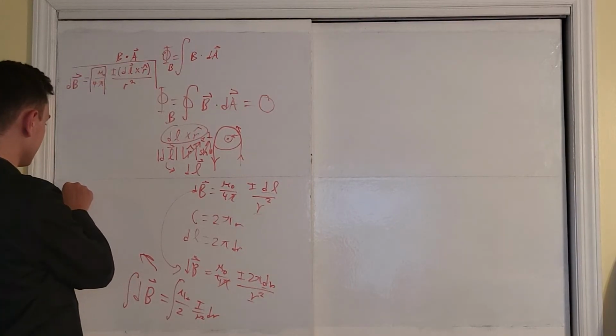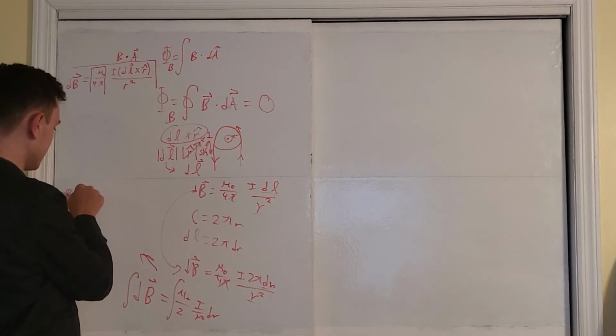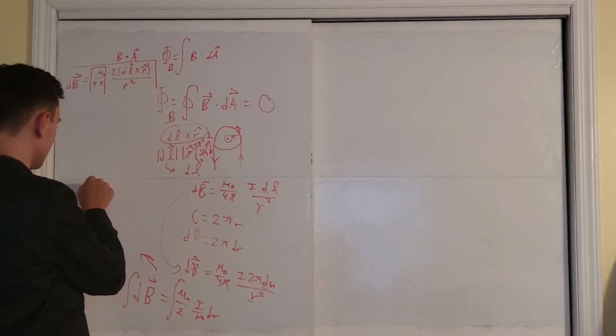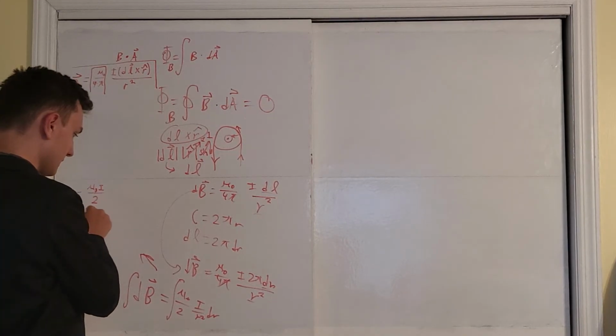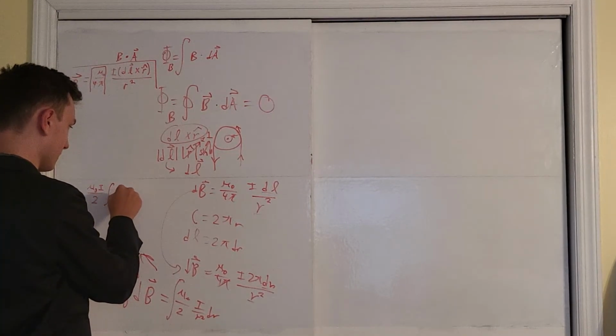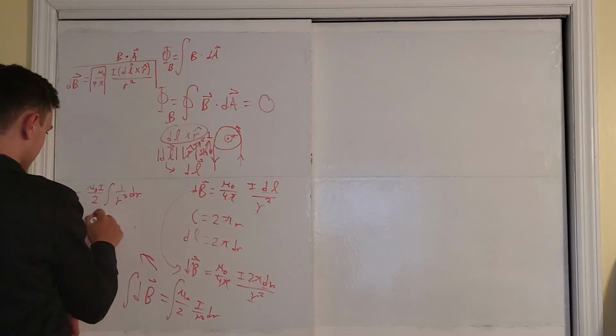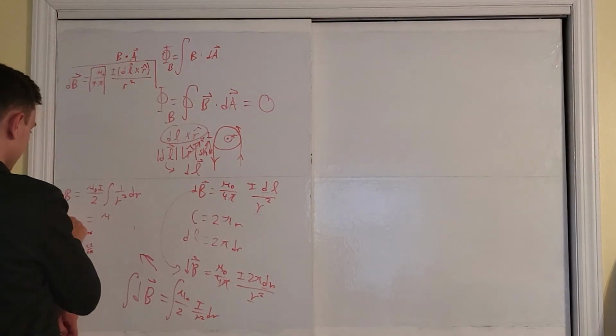We're going to get that the magnetic field at our point is equal to, we're going to pull all of our constants out, mu naught I over 2 times the integral of 1 over r squared dr,